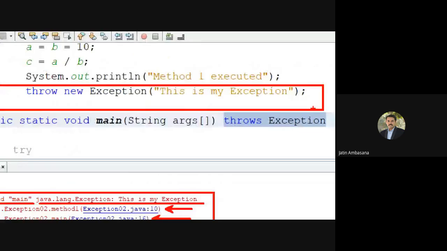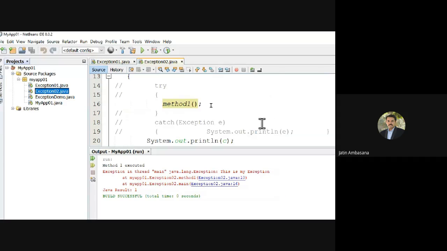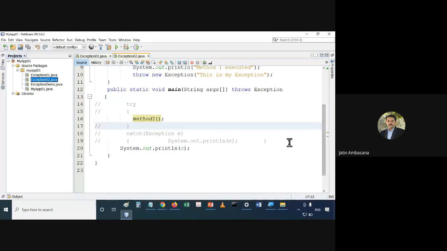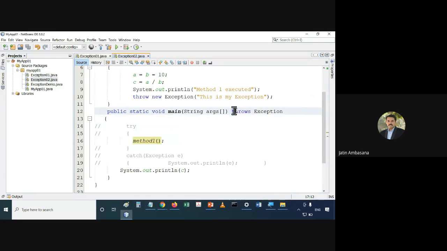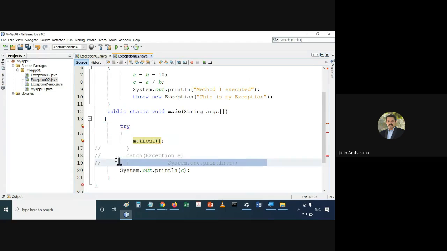See that? And the call to this method was from line number 16. Okay, so if you go ahead, here you can see the call is on line number 16. So that is the difference between throw and throws. Okay, so now if we remove throws out of here, then obviously we will have to handle this method inside